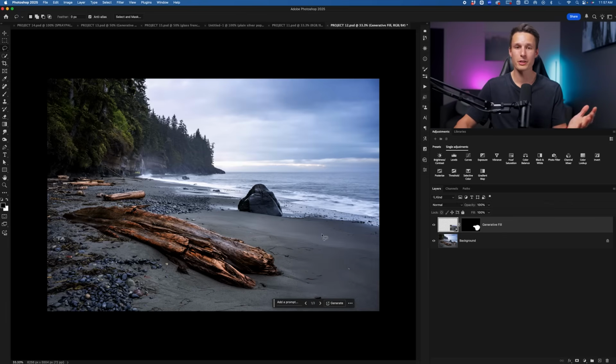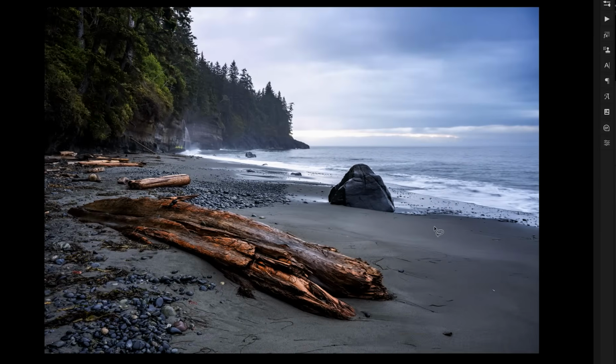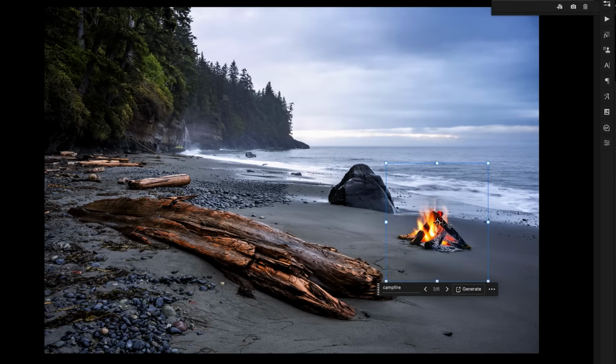Now finally, we can go and use these tools to generate new things in our photos to create composites, for example, or other creative edits. For example, let's just say I want to add a fire down in here. So I'll create a selection, and somewhere like this will be the fire pit. Click on Generative Fill, type in campfire and generate. Now we have this really nicely blended campfire in there that would be super hard to blend ourselves,